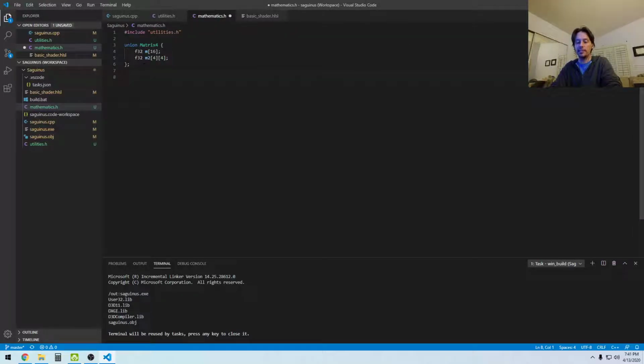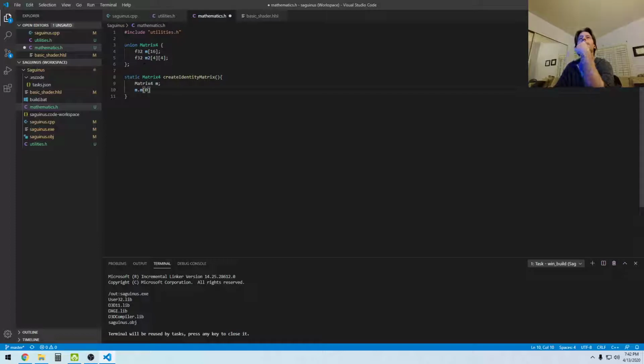And then what I would like to do is make a function that generates an identity matrix. So it will return a Matrix4. It could just be static, by the way. I don't need it to do anything local. So Matrix4, it will be called CreateIdentityMatrix. Don't need any parameters for that. And all it's going to do is make a new Matrix4, M.M